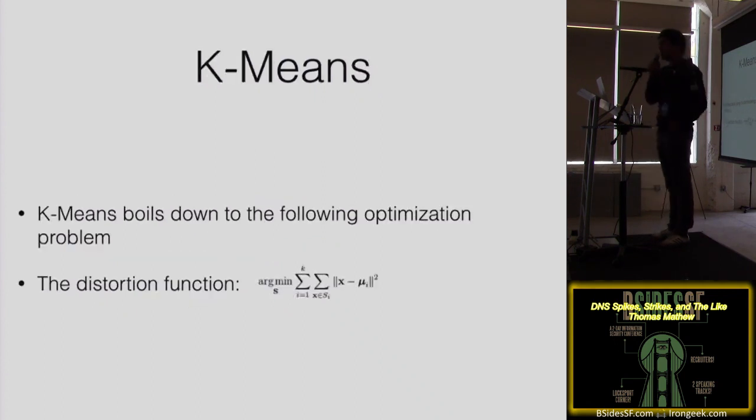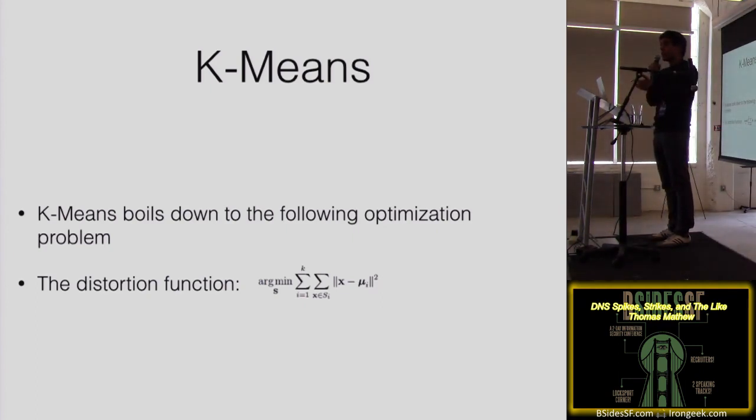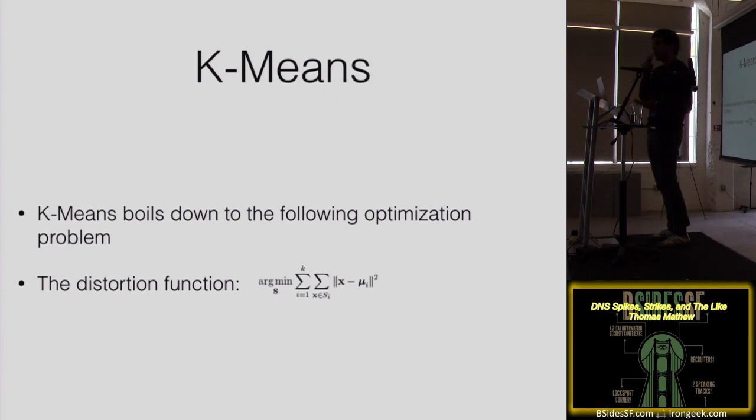You can think of k-means boiling down to just this little function right here. You don't actually need to focus on the math. The idea behind k-means is the following. We have a set of points, and we believe these points belong to a set of groups. What we want to do is create the ideal sets where if we go to every single point in a set, we can say that its average is minimized. Basically, if I'm at point A in set A, and I go to point B, which is in set A, I notice that the difference between these 2 points is very, very small. And if you do this for a set of points, eventually what you find are these things called centroids, which are kind of the center of